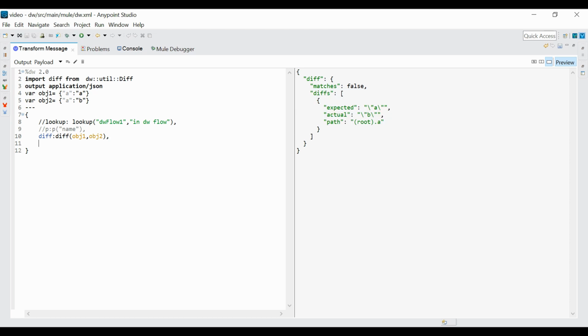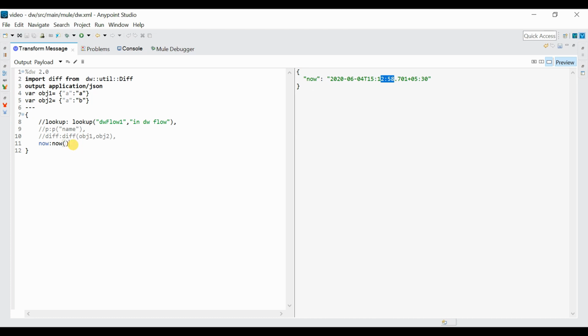If you want to see the current date and time, server date and time, then what function can we use, or how can we achieve that in DataWeave? There is a function called now. So let me show you how this now function works. Let me just comment this one also, and here if you see we got the value, the current server value. This is a date, this is a time and milliseconds.